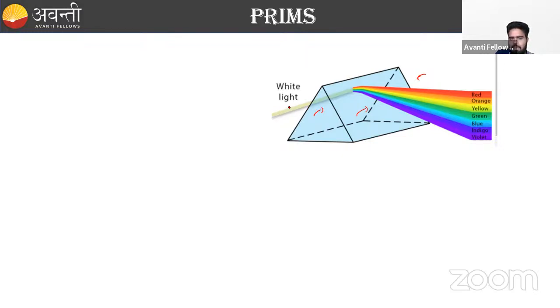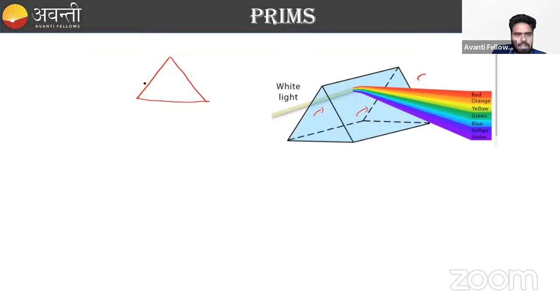When a ray of white light is incident on the prism, then after the ray emerges from the prism, it splits into its seven colors. As we know, white light is made from seven colors. This splitting of light occurs, and this phenomenon of splitting of light is known as dispersion. By the prism, this phenomenon happens. If we study the front view of this prism,